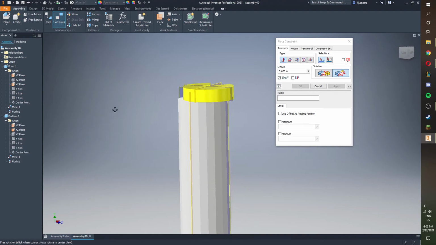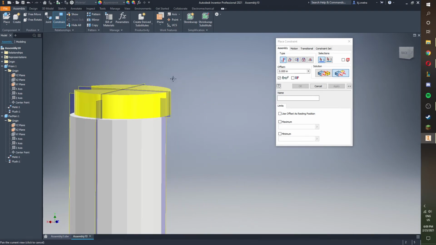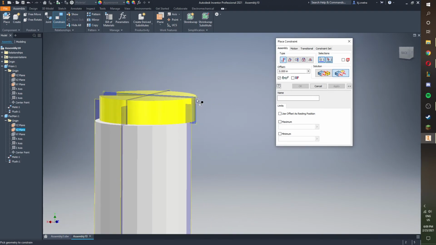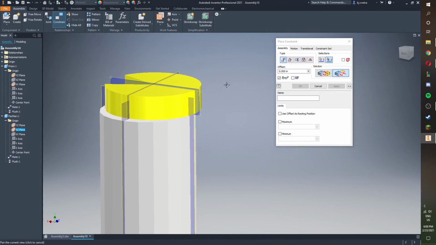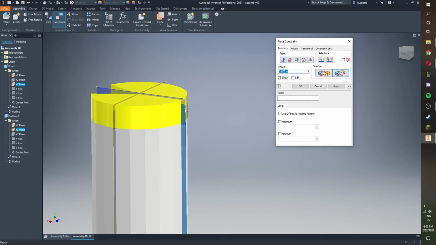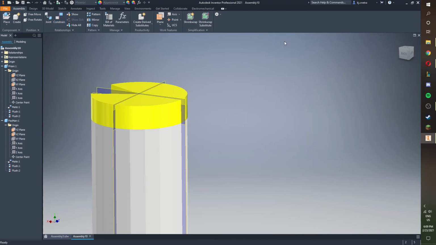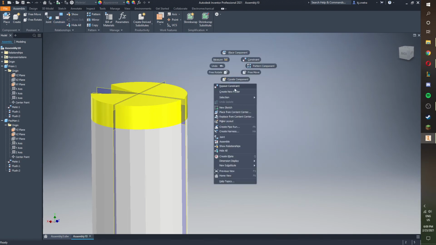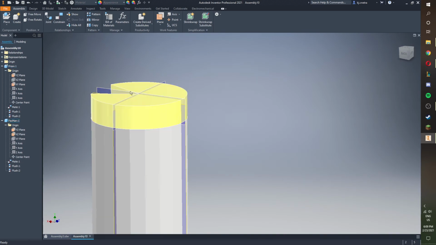Now we have the second set to do. So I'm going to click here. That arrow is facing this direction. Let's see which arrow. Oh, faces the same direction. So we're going to use the mate constraint again. I'm at the flush constraint. Click here. Apply. Click X, and then I'm going to right click and see if I can do this correctly. I cannot, unfortunately. We're going to go to the browser, and we're going to take off the visibility of these